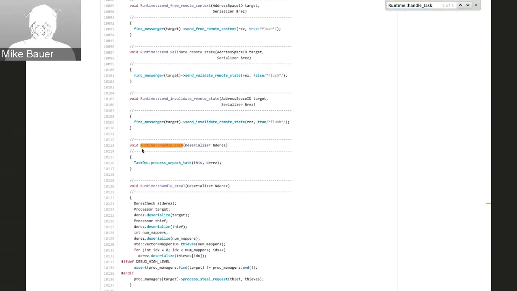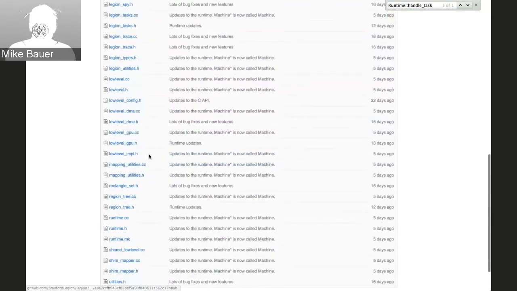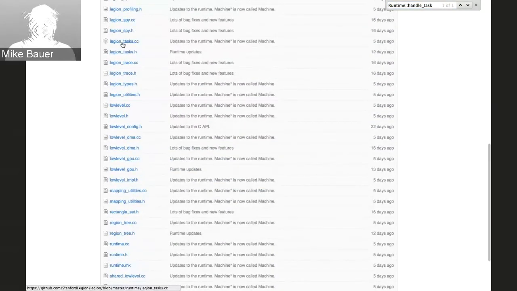Okay, we see that what we get is this buffer, this deserializer, which represents a buffer that needs to be unpacked. And what we do is we turn around and call a static method on this task op, which is unpack this task object. Let's actually go back to legion tasks.cc and see where this call actually gets unpacked. So coming back to legion tasks.cc,